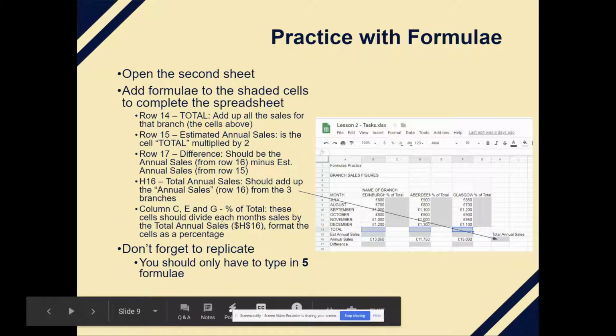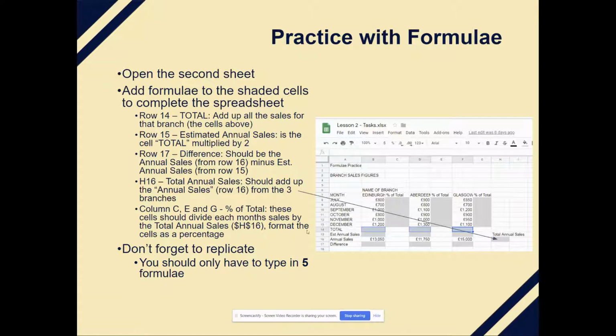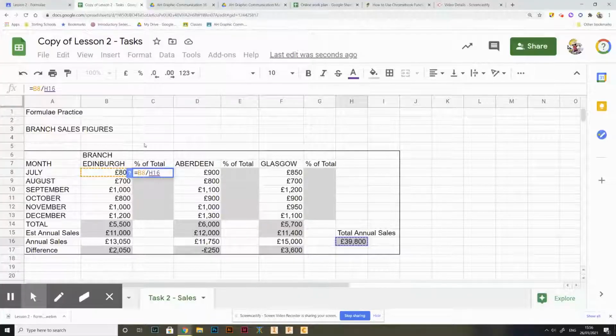We've got the month sales divided by the total annual sales, but we need to make sure that it's absolute referenced. Now, I didn't explain this last time, but on your keyboard, if you press the F4 key, that's a shortcut to make it absolute referenced, whichever cell you've currently got selected. On a Chromebook, I think you have to press the search button and key 4,